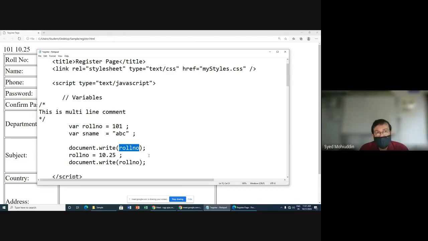And we all know that browsers will ignore extra white spaces, as well as new line characters. So even if we have writeln over here, though the function, after writing the value in the roll number variable, appends a new line character,